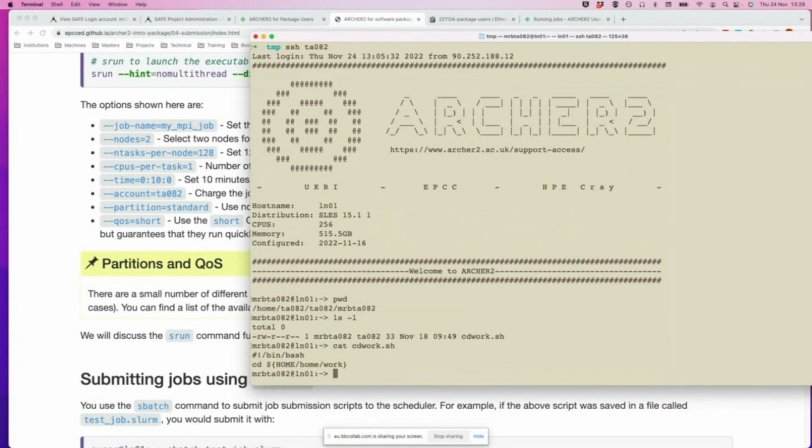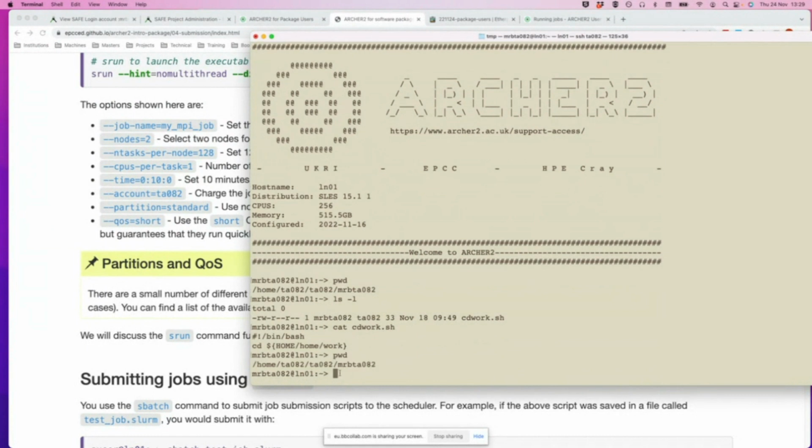It's a very simple bash script, and it has a command in it which is cd. It's taking my home environment variable and doing a substitution, replacing home with work. So that becomes work TA